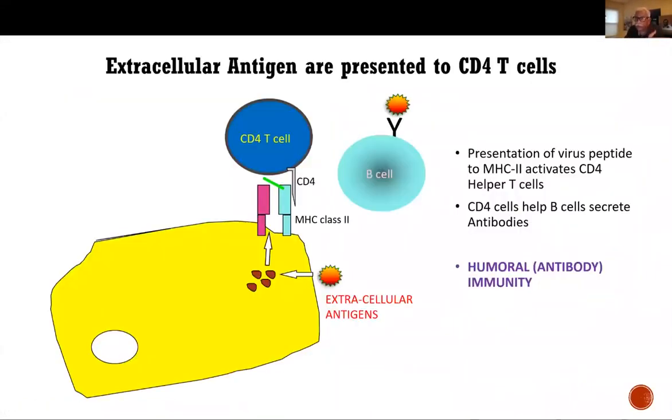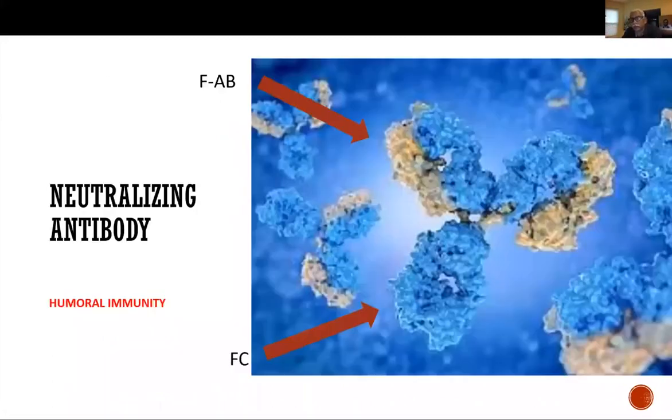On the other hand, extracellular antigen has to be taken up by antigen-presenting cells and is presented on a peptide to CD4 positive cells. And the CD4 positive cells, when they get activated, help B cells make antibodies to the virus. So these are extracellular, and this results in manifesting of the humoral immune response. And the humoral immune response primarily is mediated by